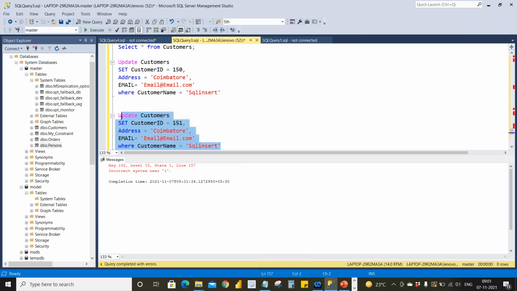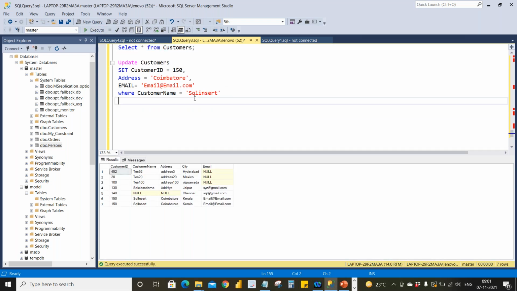Didn't work out. So that is update; similarly you can update the persons table as well. Whichever column you want to update, you can do that. So I feel like you are good with the update. I'll stop recording.